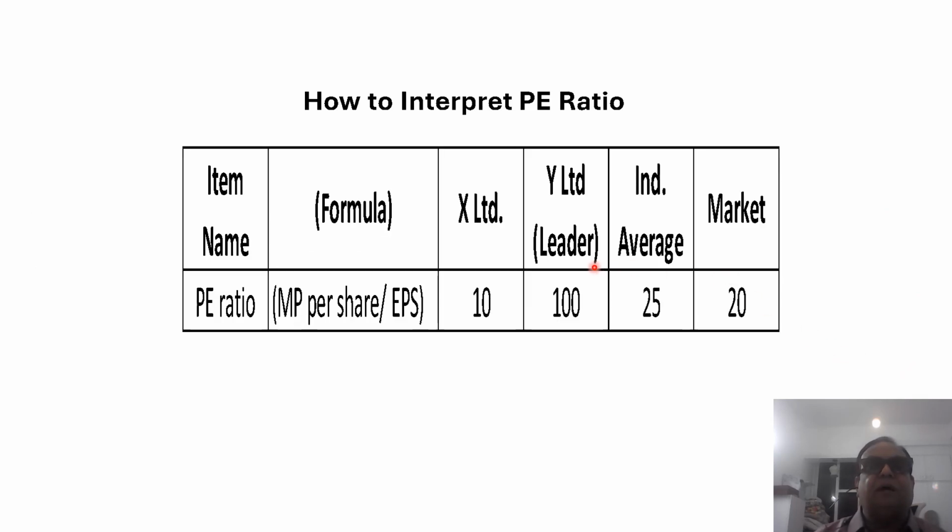Let's understand the P/E ratio. As I said, the formula is market price per share divided by earning per share. So market price is the numerator and earning per share is the denominator. So when I am saying 10, surely you can understand, for 1 unit of profit, X Limited has a market impact, or people are ready to pay 10 times. Whereas if it's a Y Limited, it can be anything, like a leader. When I say leader of the company, maybe the P/E ratio would be very high.